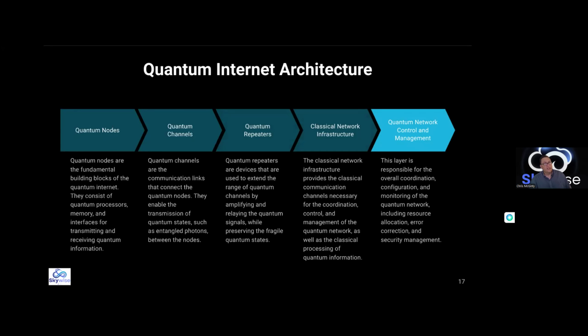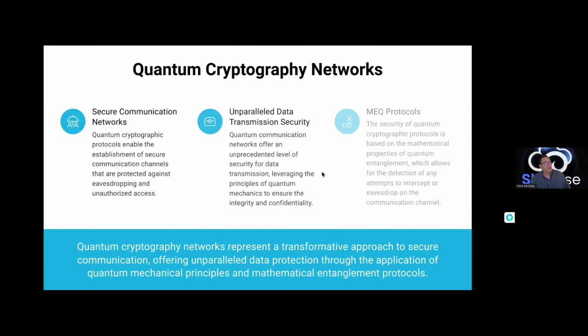These are basically the architecture, the structure of the network. We have quantum channels that go into the nodes that use different quantum states and entangled photons. We have repeaters that will then go into here, which creates the network, right? And then we can integrate with the classical network structure. And then we have a control network that can monitor the entire quantum network as well, and make sure of the resource allocation. Again, that's a big project, but that's how it's going to be done.